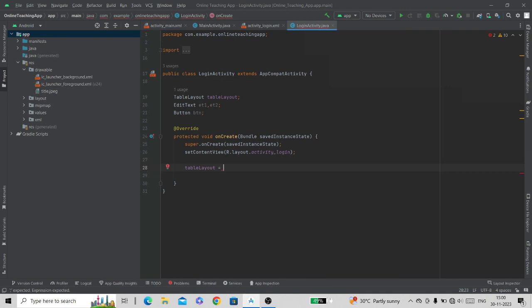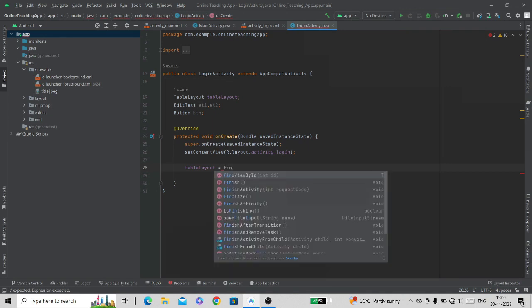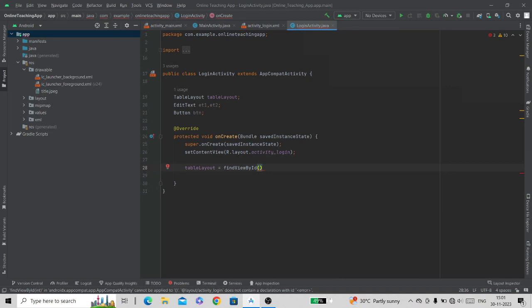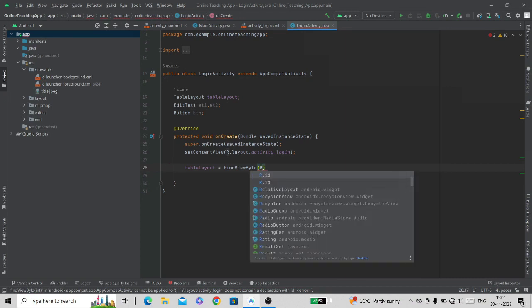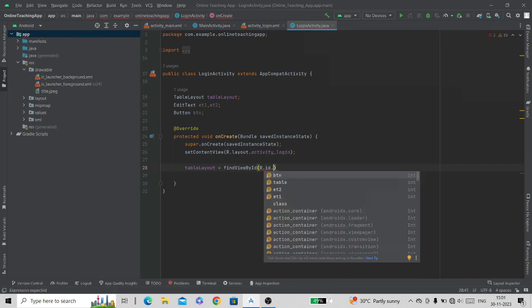To find the IDs, we will use findViewById, and inside this bracket we will pass the ID that we have given to views. For table layout, we have given the table ID.